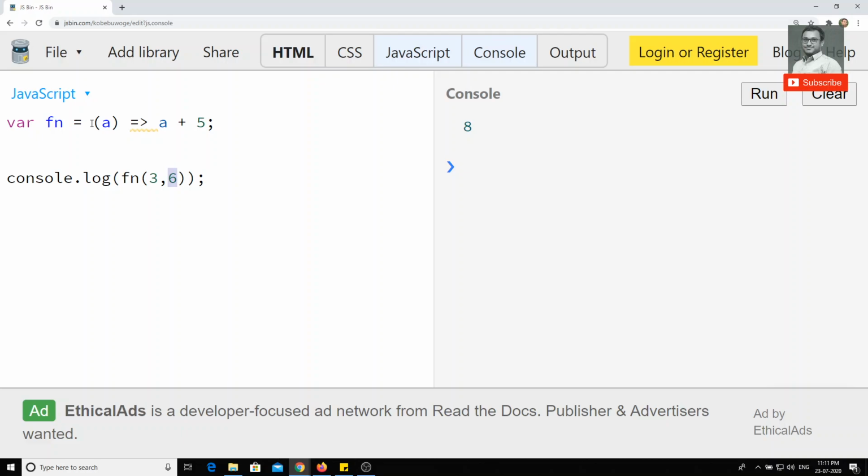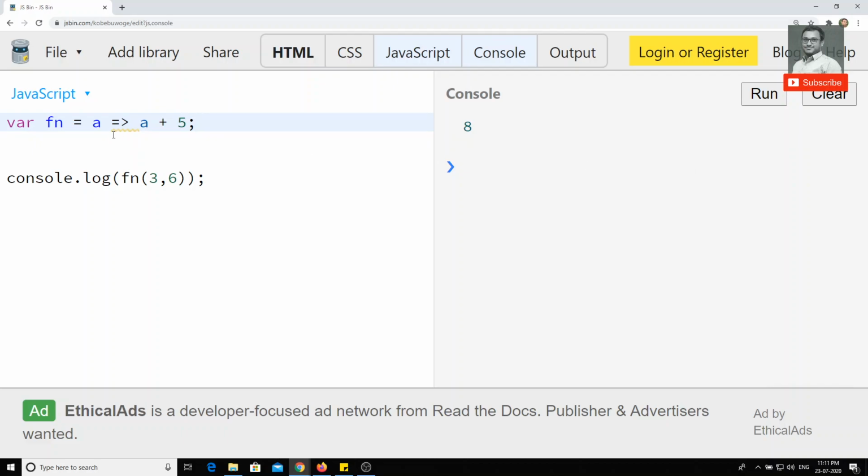Now the shortest way we can write this is: if you are trying to send only one argument, there is no need to keep the parenthesis. This might look somewhat crazy or different, but trust me, this is the simple and easiest, shorter way. If you get accustomed to this, you will not leave this type of syntax. It is very easy, with shorter characters, so you will be writing less code.